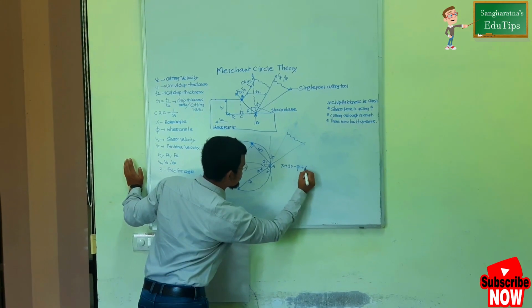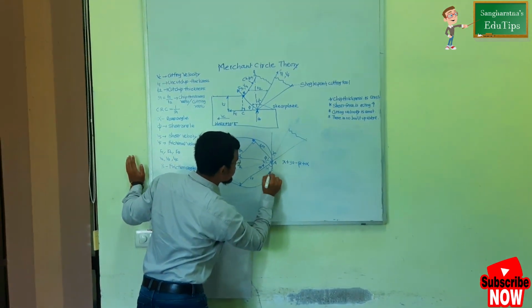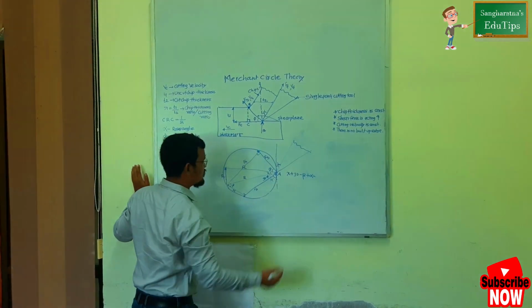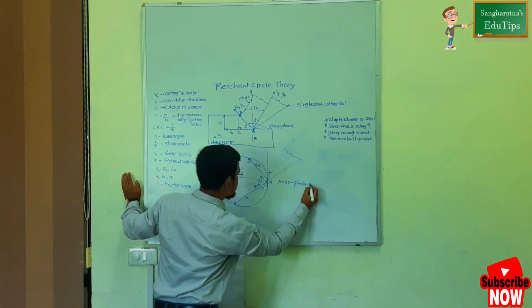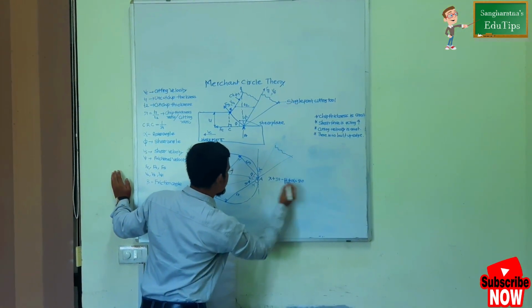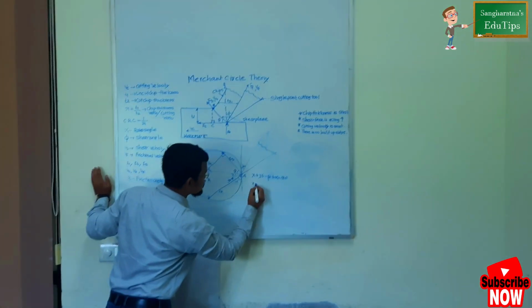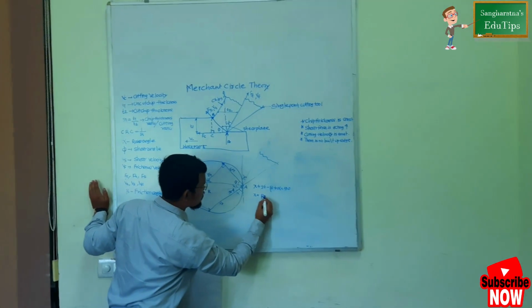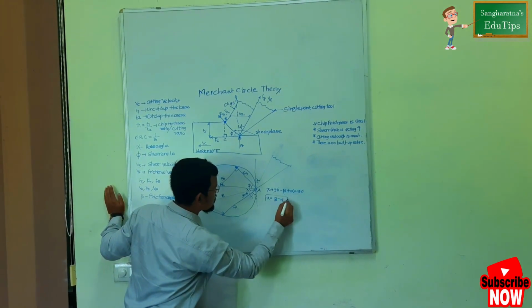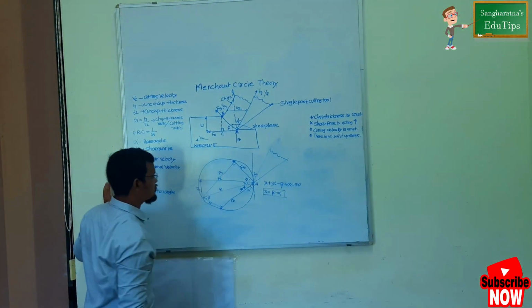plus this alpha, right? This alpha is equal to how much? 90 degree. Right, this angle is 90 degree. So this 90 degree cancels. So x is equal to beta minus alpha. So we know this x. Now